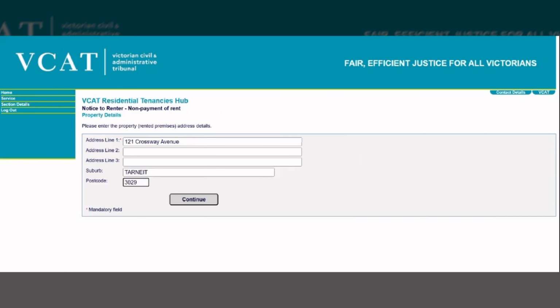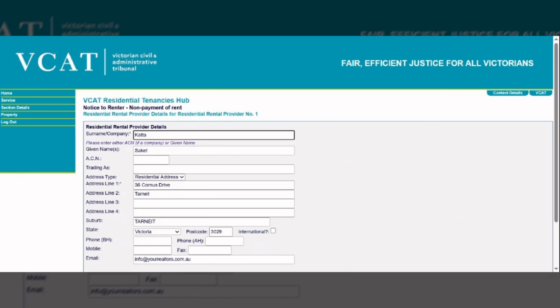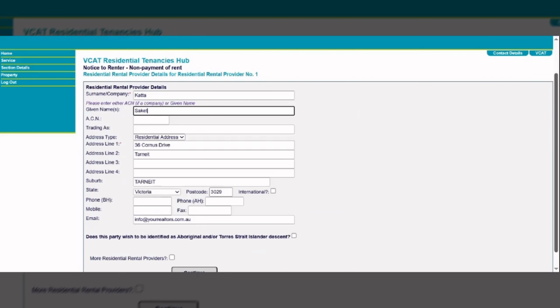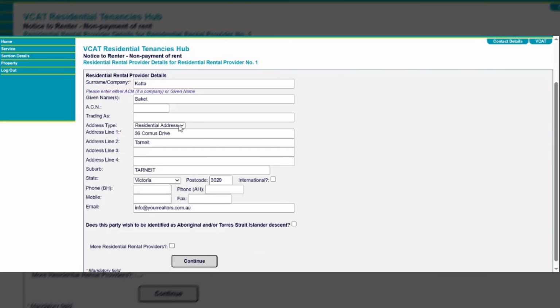I need to continue after mentioning the property address. Here I can mention the name of the rental providers. The details would be of your agency for sure. Here you need to select the business details, and whatever the address is, you need to mention it along with the contact number if available or the email address.